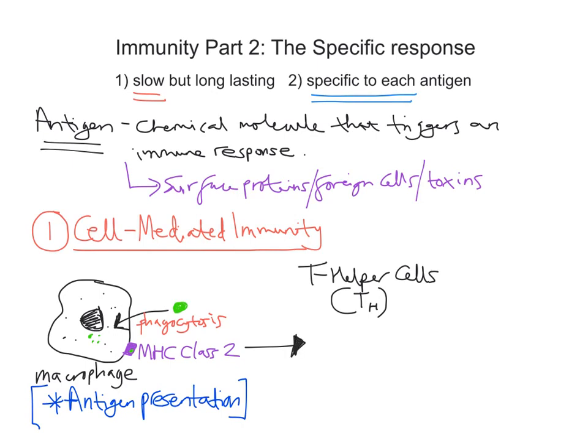So we're going to zoom in here. So let's say here's the edge, the surface of our membrane. We're going to draw that MHC class 2 protein. Rather than redraw the whole macrophage, let's put the antigen that's being presented on the surface. Then what you have essentially is this helper T cell